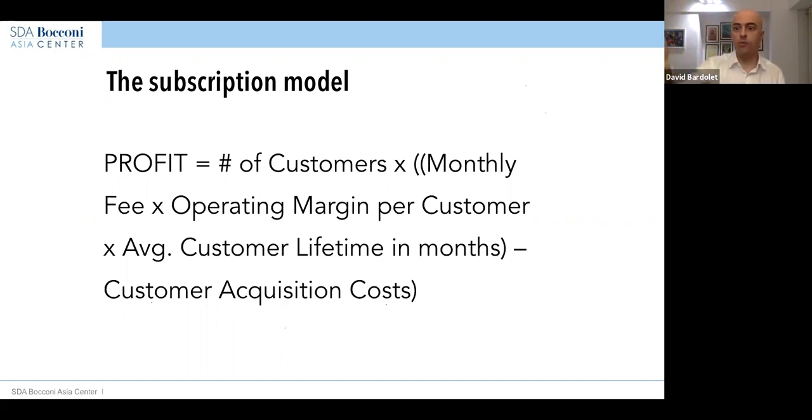Or say, let's put more good content. They'll stay longer. If I have to put more good content, obviously what's going to happen in this formula? What's going to happen to the operating margin? Costs are up, margin again goes down. So what I gain in customer lifetime, maybe I'm losing in margin. Gets thinner.